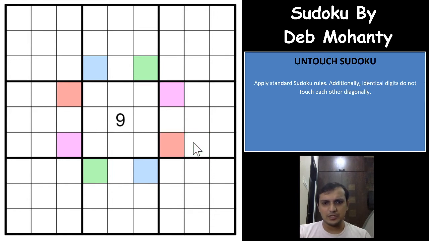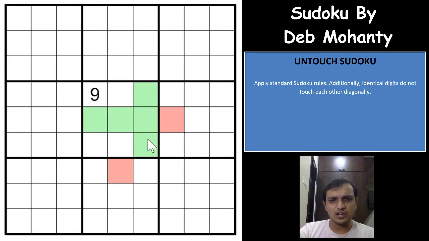Because of the untouched property, right? And let us assume now you have a 9 here, a given number here, 9. So whenever you have this, you can make sure that these two digits cannot be the same, because if you have these two digits as same, because of this cell all these digits cannot have the same digit because of the untouched property as well as the classic rules, and because of this cell, all of these digits also cannot have the same number, right?